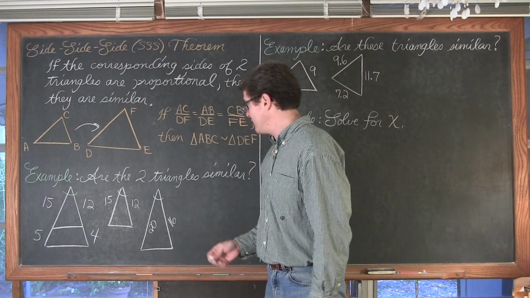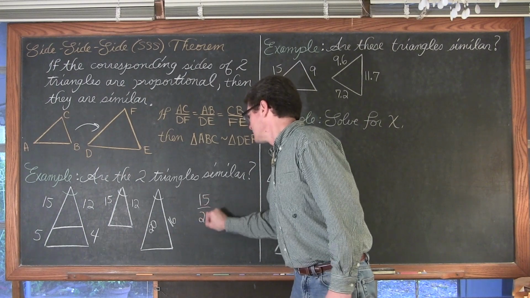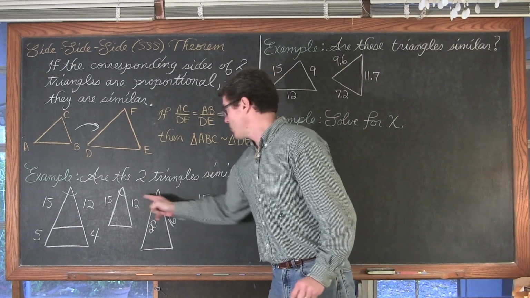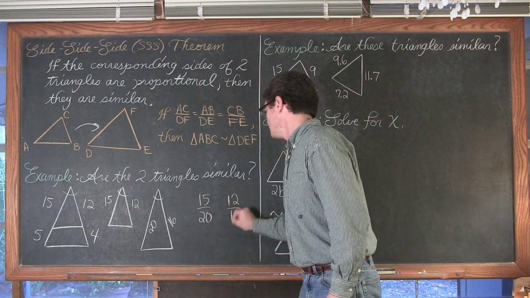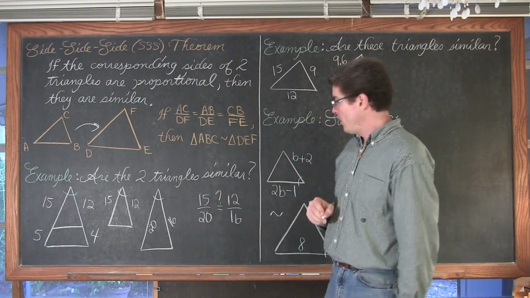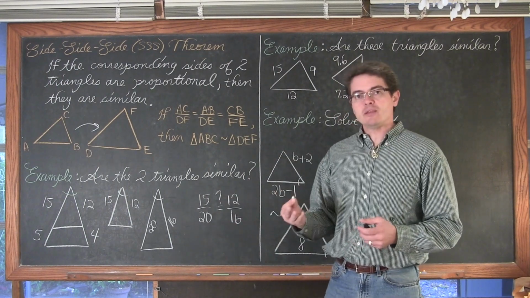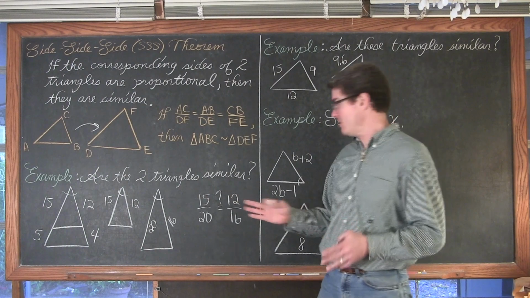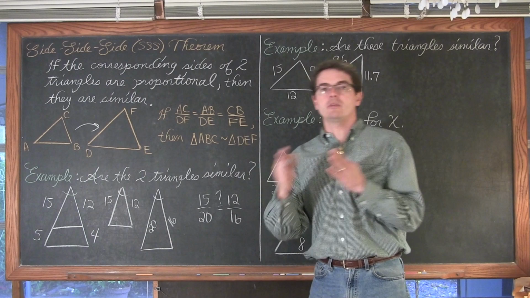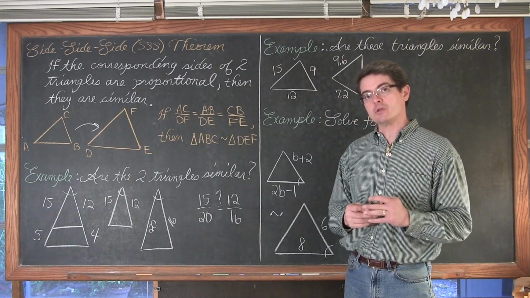So let's check that. Let's do 15 over 20. I just went left to right. Set up your other ratio the same way, 12 over 16. And are they equal? That's the question. Well, if I reduce them, in this case, it's going to be the same. But you can't compare the value of two fractions, or relate which one's greater than the other, unless, not necessarily if they're in their most reduced form, but if the denominators are the same.